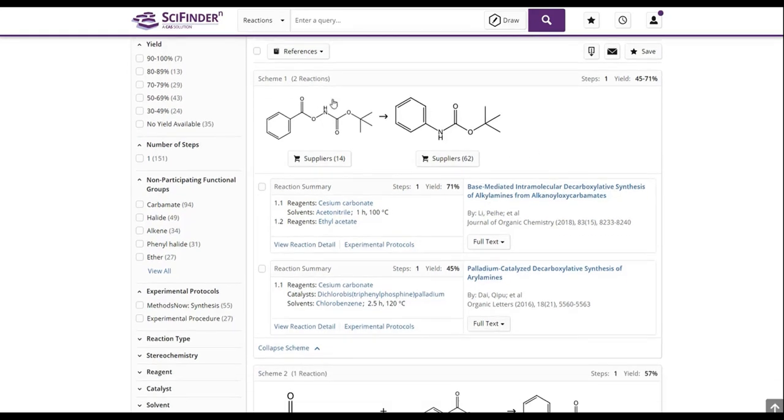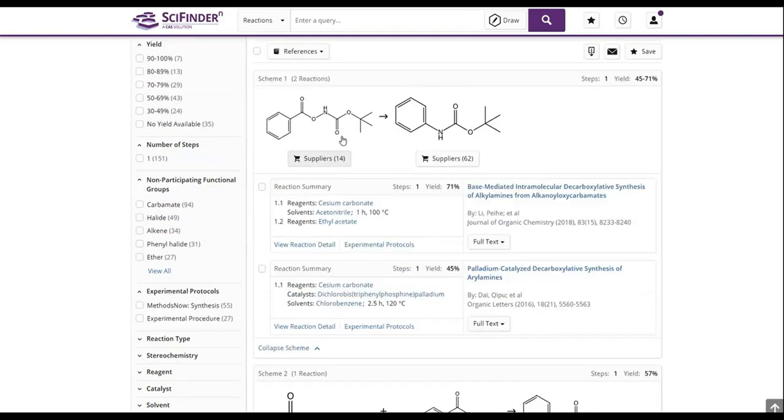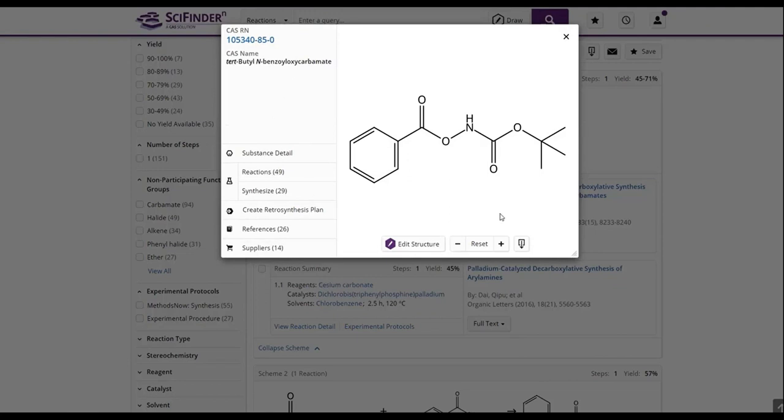Before we start planning this reaction, we can first have a look at how much the substrate actually costs. So we can go to the suppliers, have a look at the costs, and 1 gram is already 275 British pounds here. So to develop the synthesis plan of a multi-step reaction, we can then click on that structure and that window will be opened. Here we see reactions, so all reactions with that substance and the reactions to synthesize that compound as a product